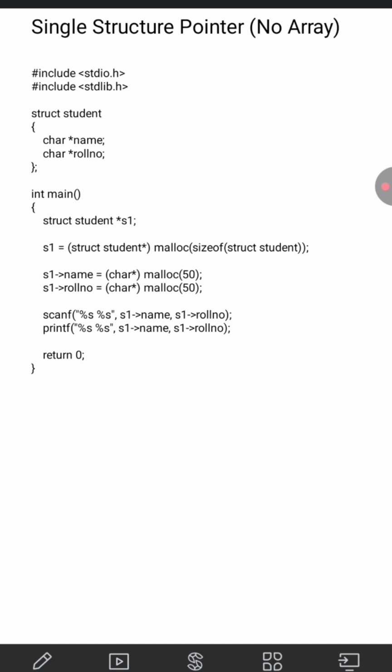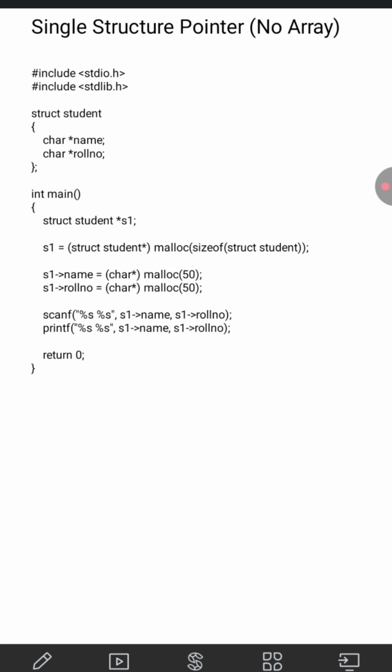So as you can see here below this, we have three malloc statements. In the first malloc, we are allocating the space for the size of struct student. So whatever is the size of the struct student, that much memory will be allocated and typecasted, and the pointer will be saved in s1. Then since s1 is a pointer, we will make use of the arrow, which is minus followed by the greater than symbol, for accessing the name and the roll number. So s1 arrow name, and here we are allocating character type memory of size 50 bytes. Similarly for roll number, we are allocating memory of size 50 bytes.